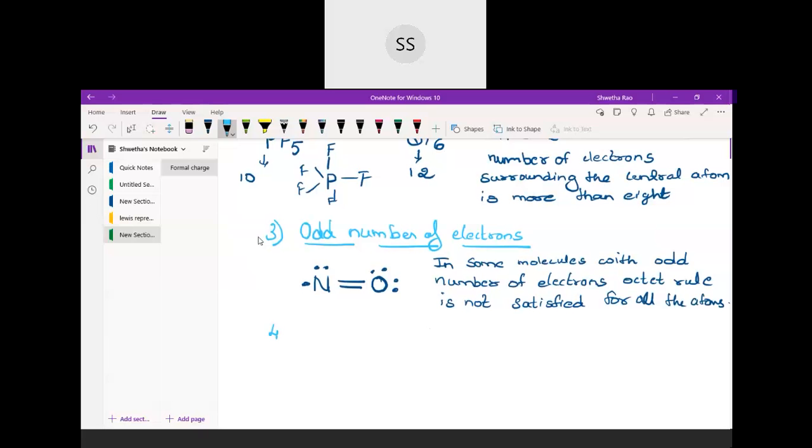See, other elements, if they want to form a bond, they will either lose their electron, gain the electron, or share the electron so that they can attain that noble gas configuration. Okay. But now he said that noble gases are the heroes. They are stable, they are inert, they won't react. But what has been found later is that even the noble gases are reacting. So noble gases also will not have the octet structure, and that also will come under the limitation.